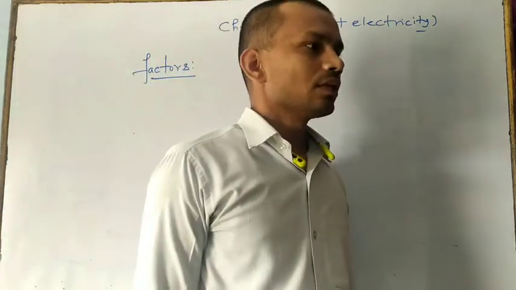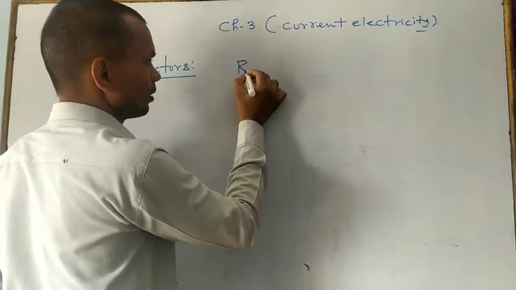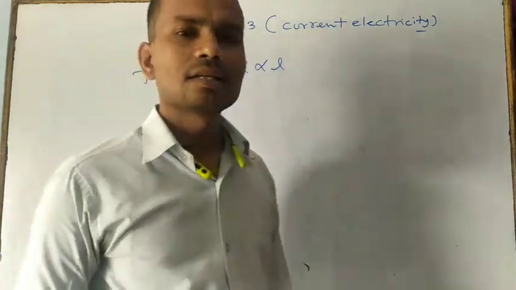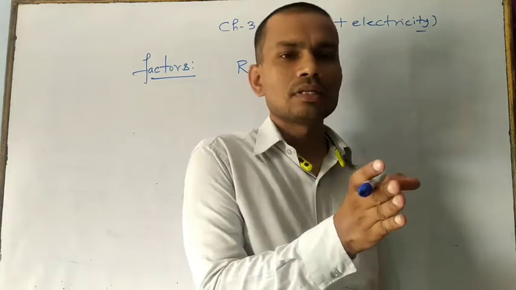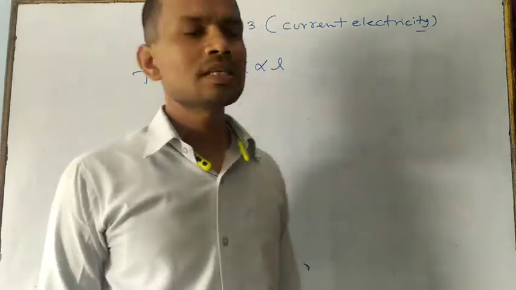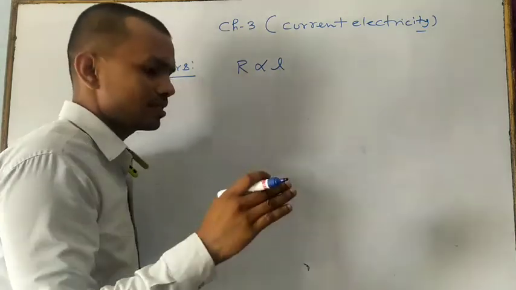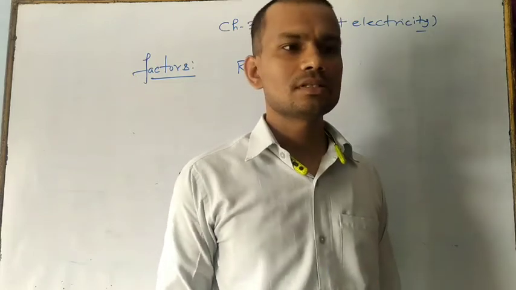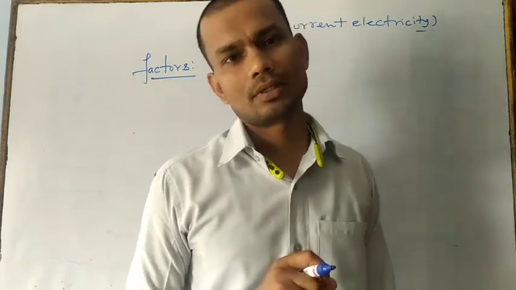Right? So here you have to see, first, the resistance of a conductor R is directly proportional to L. Means if you are increasing the length of the conductor, then the collision between electrons and positive metal ions also increases. Due to this reason, the resistance of the conductor increases linearly when you are increasing the length of the conductor. This is the first one. It means the resistance of a conductor is directly proportional to the length of the conductor.